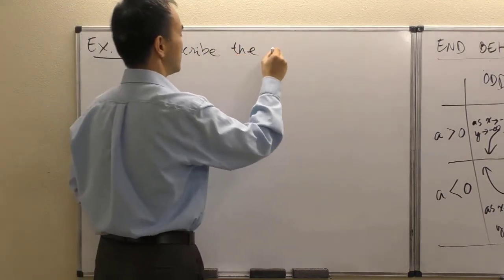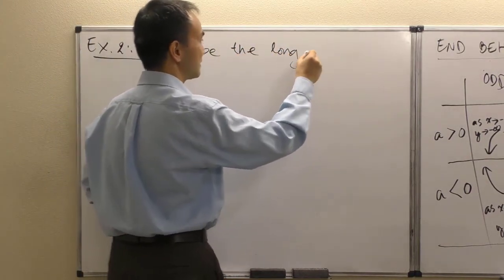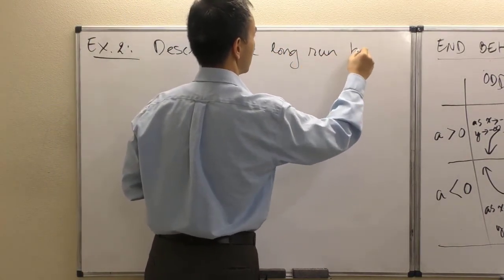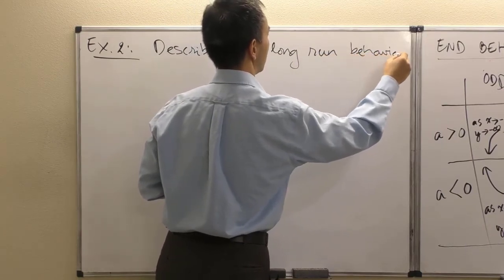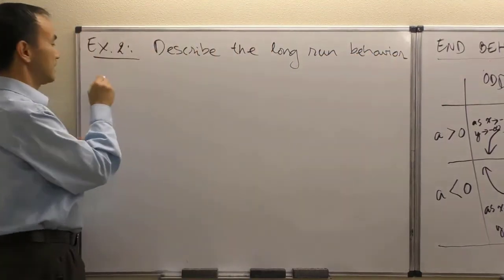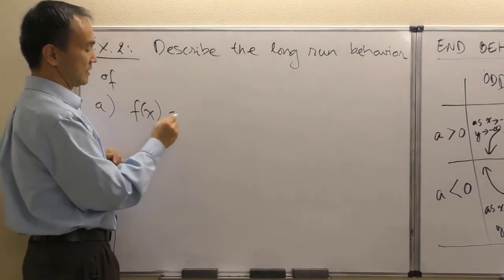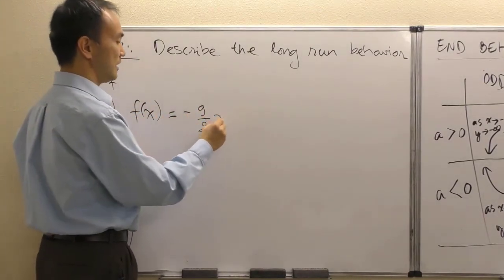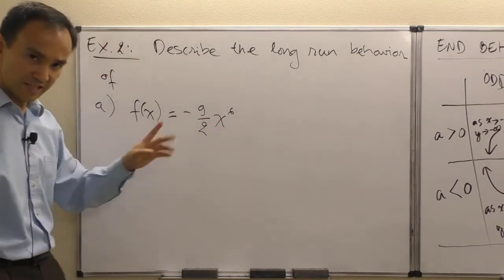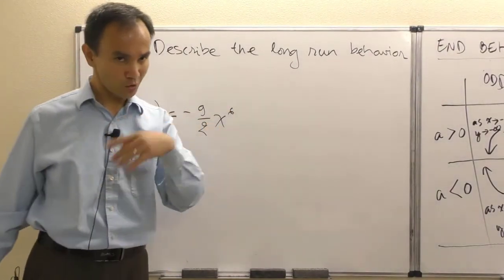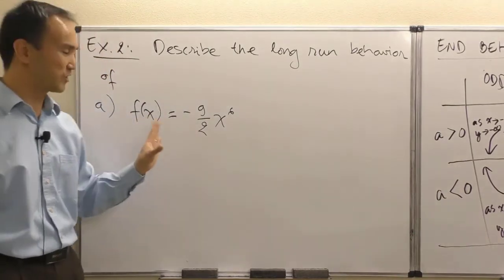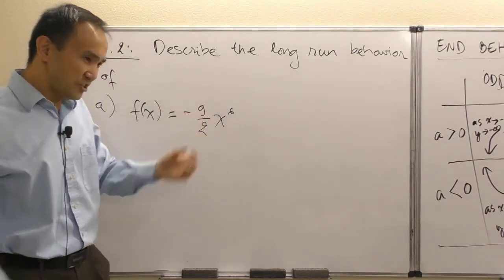Describe the long run behavior. Okay, and so now in part A right here, the function we have really is negative 9/2 x to the 6. That's the function, and it's only meant to be a quick, short answer as soon as we're seeing that. So on the chart, I'm seeing